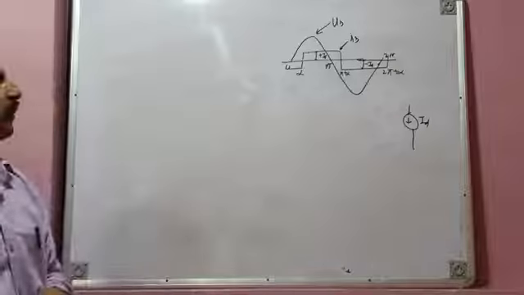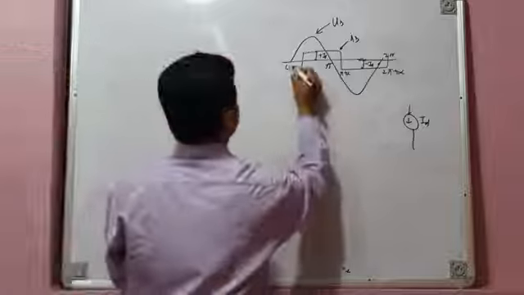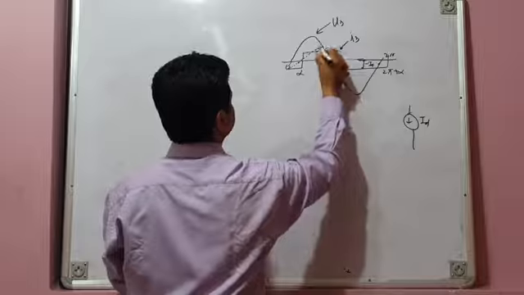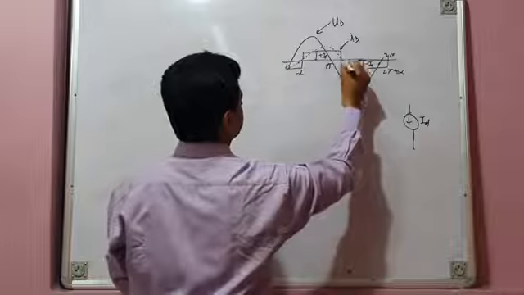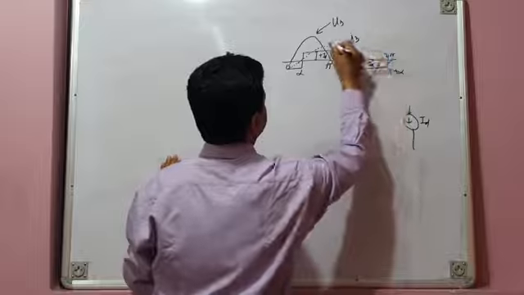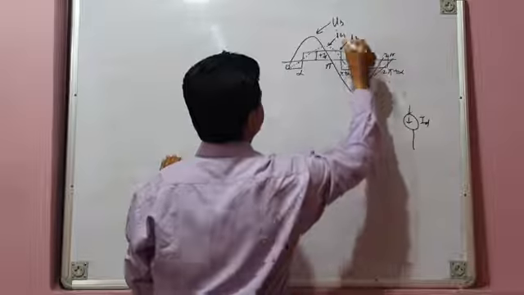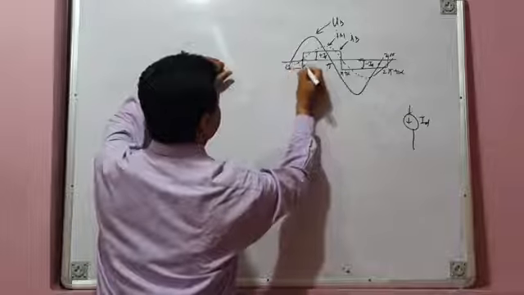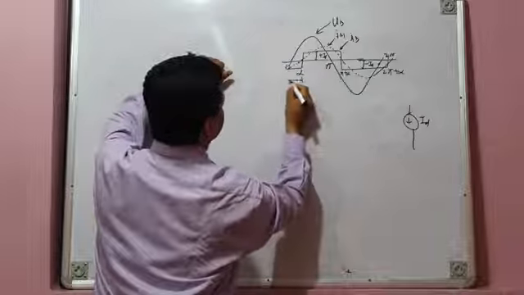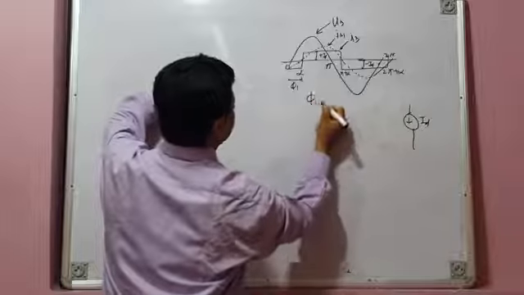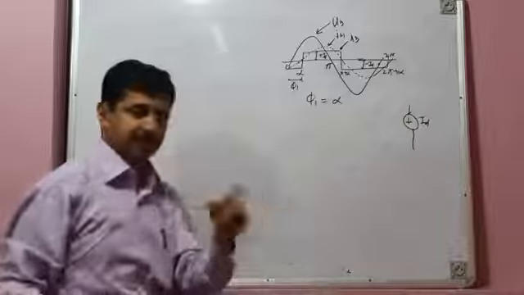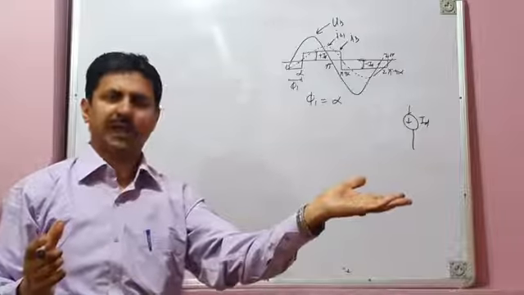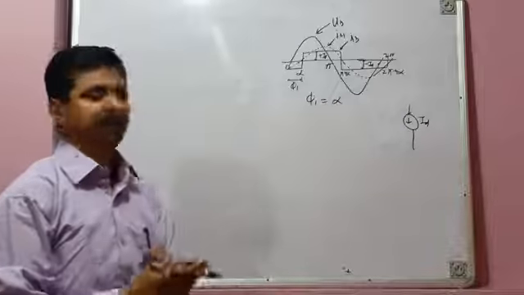Now this source current will have a fundamental component also. Its fundamental component will be like this. The source current is rectangular in nature, it is highly distorted. This is the fundamental component of source current IS1. Now you can see the fundamental component of source current lags behind voltage by a phase angle phi1. And in this case, for a fully controlled converter, phi1 is equal to alpha, whereas you have seen in the semi-converter, phi1 is alpha by 2. Just go back and see.